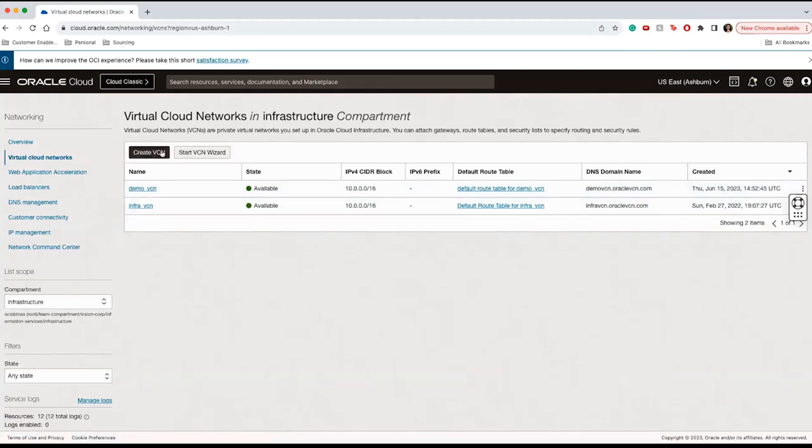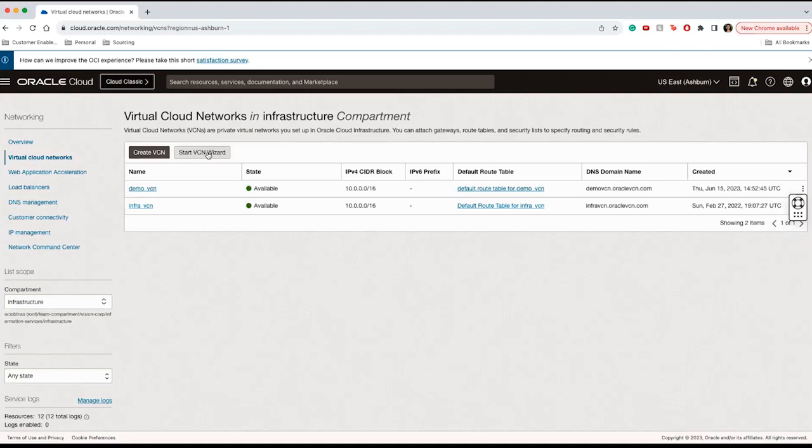The difference between the two is that the Create VCN button will only give you a VCN. It won't have anything else created for you. It's really just bare bones for you to set up, and then you have to go back in and add everything else. But with the VCN Wizard, there's more